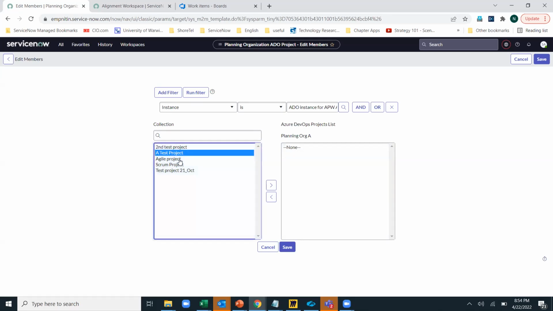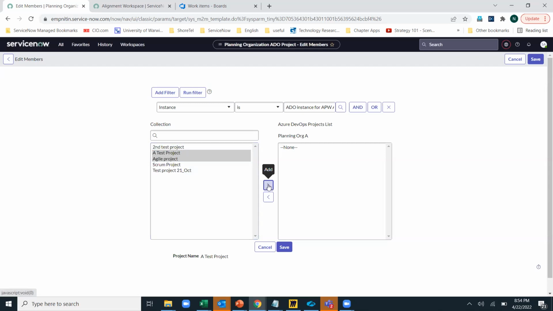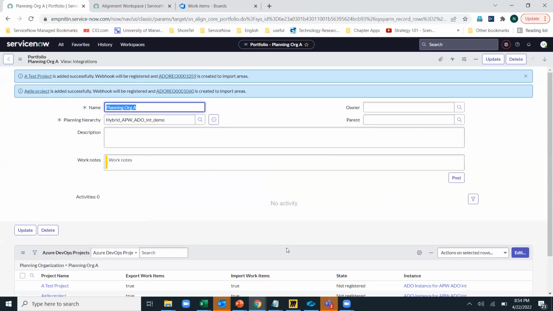And then I can select, let's say, 2 of these, and then I can save it. So what I'm doing here is essentially exposing those 2 ADO projects to this planning hierarchy so that my users in this planning hierarchy can export or import epics to or from these 2 projects. So that's it. So those were the steps for